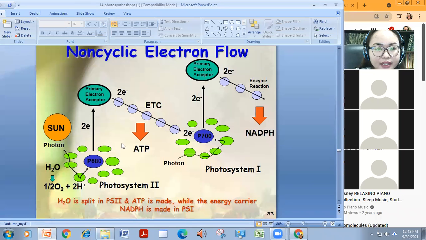So here in this electron flow, the water is split in photosystem 2, wherein ATP is made, while the energy carrier NADPH is made in